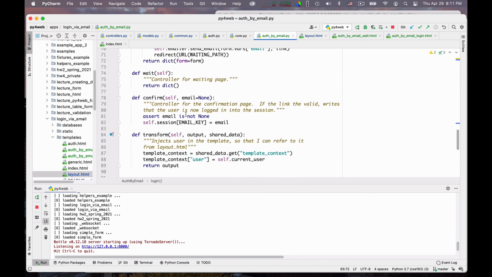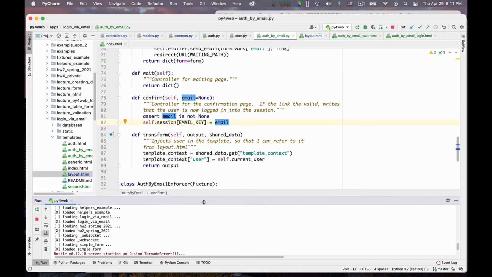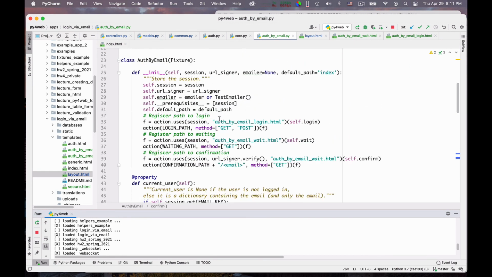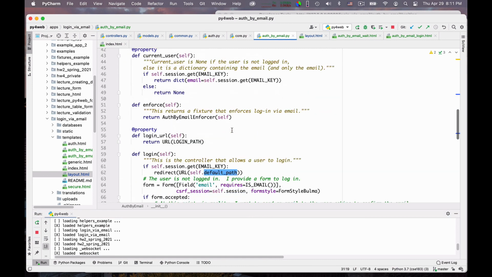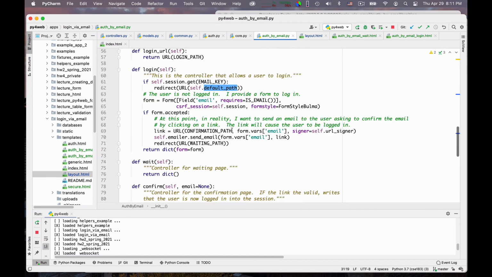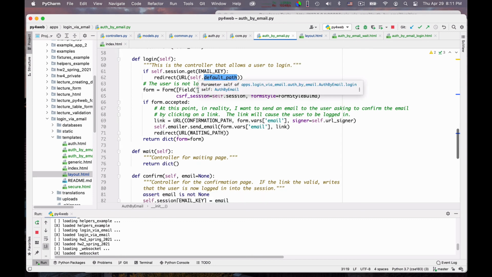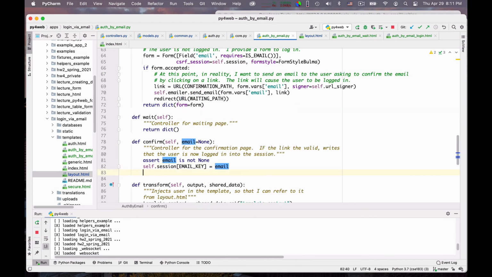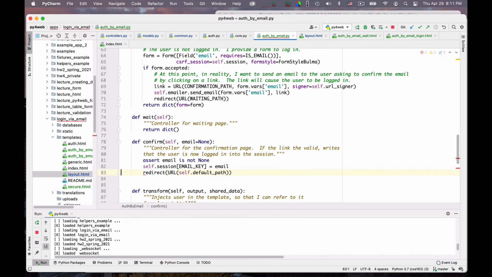Okay. And the point is that I've been very silly. When I confirm that you have logged in, I don't do anything. So what should I be doing? I should be sending you to some place, right? Because now we have confirmed to be logged in. And I think I had this default place, default path, right? That I store here. It's just that I don't quite use it. Okay, so you should have the same line here after you confirm. Otherwise, nothing will ever happen.